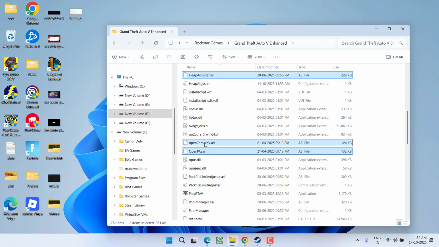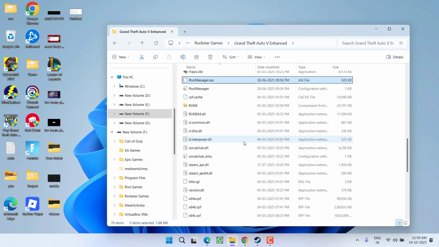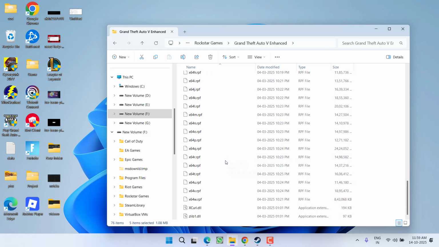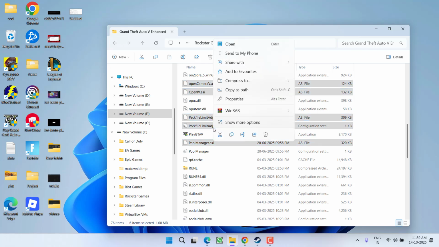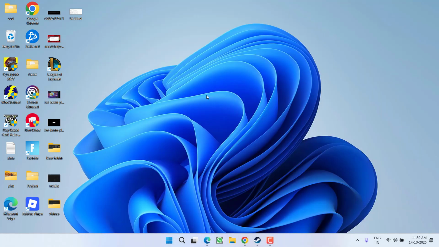OpenIV, open camera, pack file limit adjuster, pool manager.asi. I mean, you need to find all the files with the extension .asi, and once you find all the files, go ahead, select all of them, right click and choose the option delete. After deleting, go ahead and try to launch the game, and this time the issue of unrecoverable fault will be